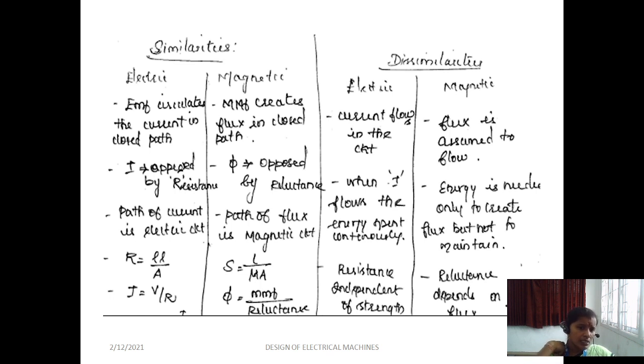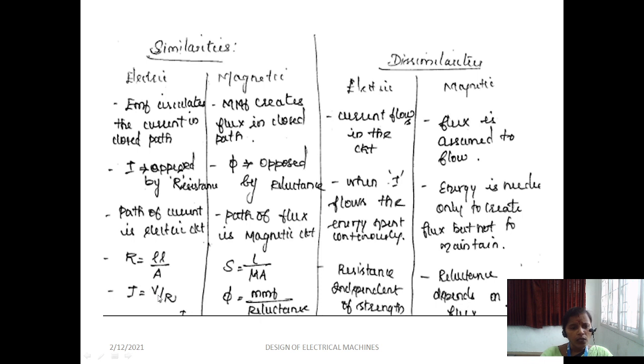Moreover, you can see the definition or formula described on your screen: resistance is given as R = rho L divided by A, where rho is the resistivity, L is the length of the material, and A is the area. Whereas reluctance S is given by the formula S = L divided by mu A. And the current formula is I = V by R, where I is the current. In the magnetic circuit, I is compared with flux phi,